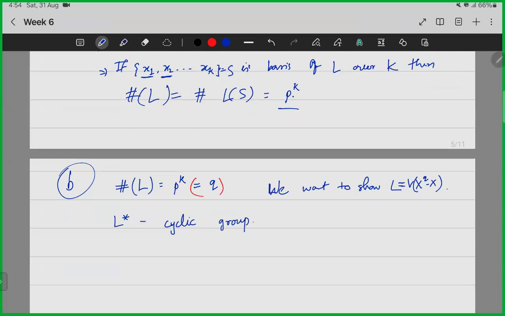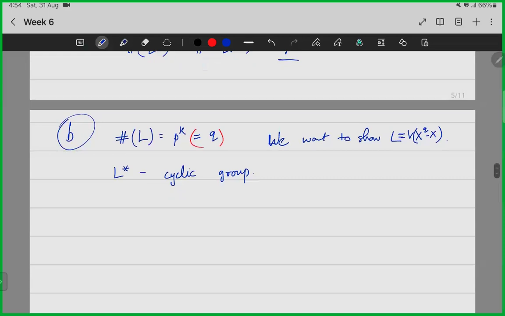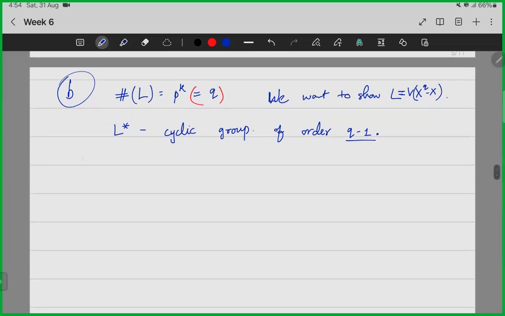L star is a cyclic group of order q minus 1, right? The total order of L is q, and other than 0, every element is invertible. So L star is just of order q minus 1. So Lagrange's theorem of group theory implies